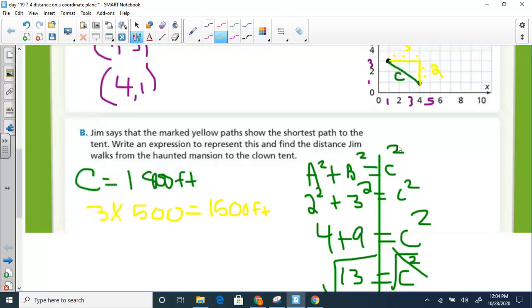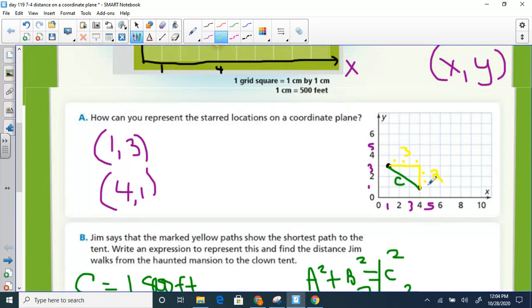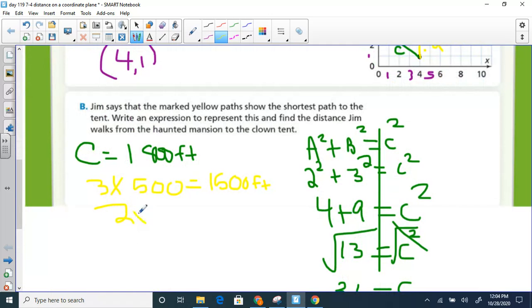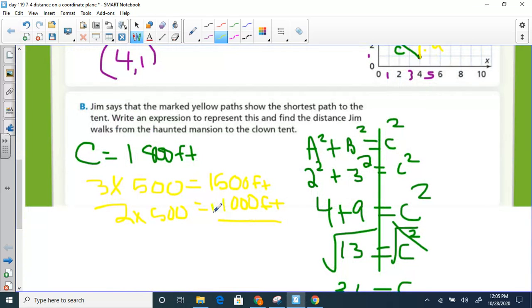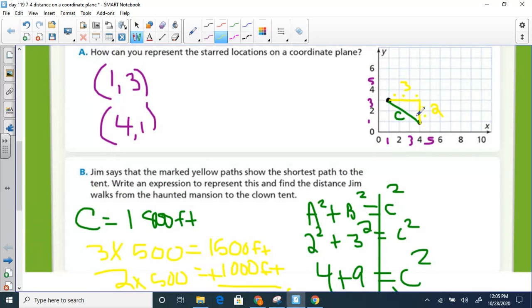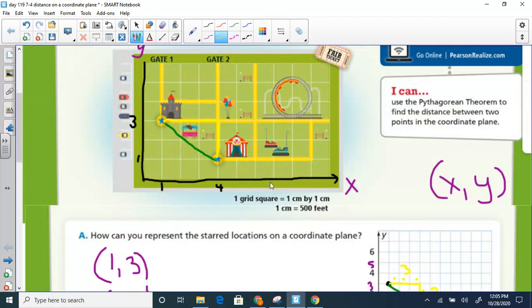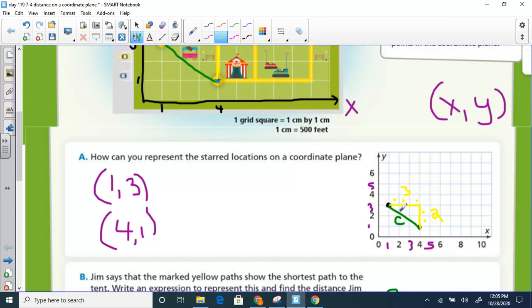And this side was 2 blocks, and each block is a centimeter, and each centimeter is 500 square feet. So 2 times 500 is 1,000 feet. And so if you're following that yellow path, you're going 1,500 feet to the east and 1,000 feet south. You add those together, and that's a total of 2,500 feet that you're walking. And so the shortest distance, if you cut through those little sections, would only cause you to walk 1,800 feet. But the main point is when you have a diagonal on a graph, it's hard to tell the distance,